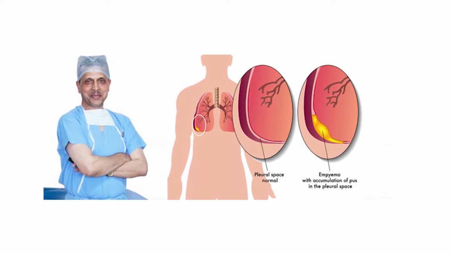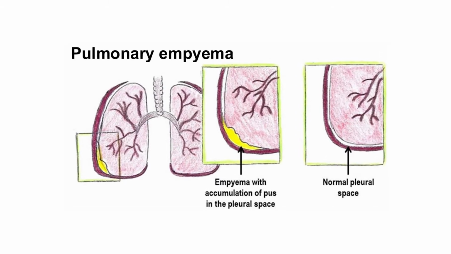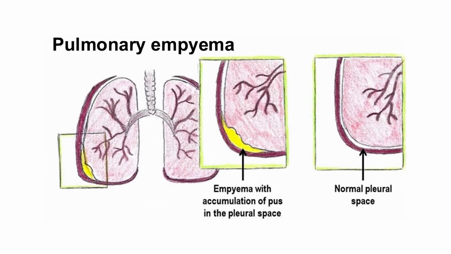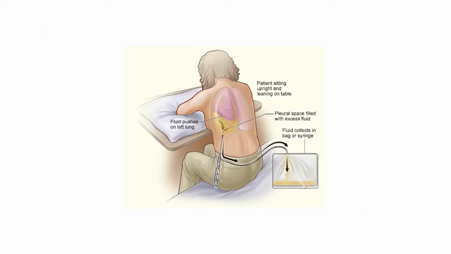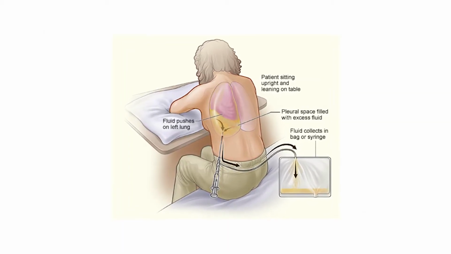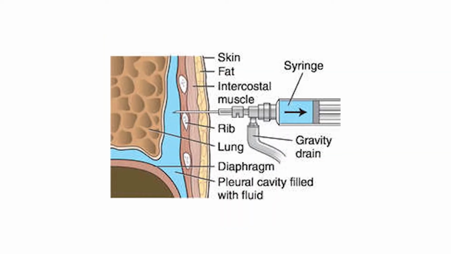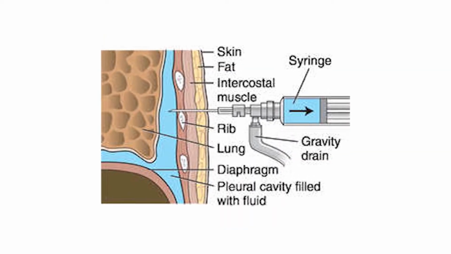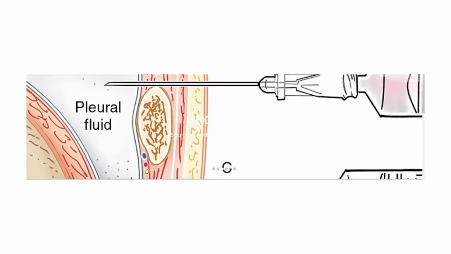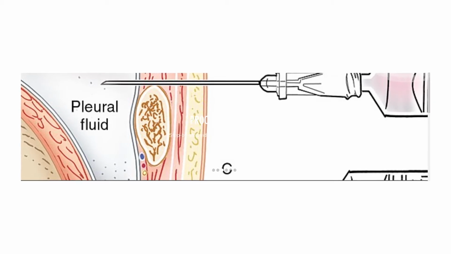Empyema is a condition related to the pleura. Empyema is the condition in which there is a collection of pus in the pleural cavity. Aspiration of any type of fluid from the pleural cavity is called paracentesis thoracis. It is usually done in the 8th intercostal space in the mid-axillary line. The needle is passed through the lower part of the space to avoid injury to the principal neurovascular bundles.